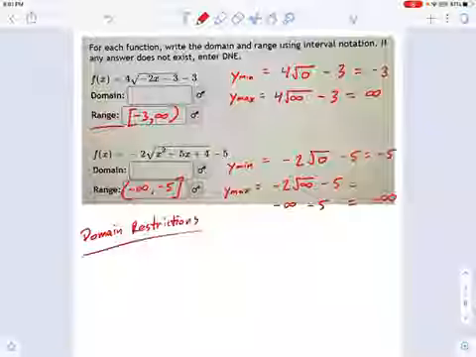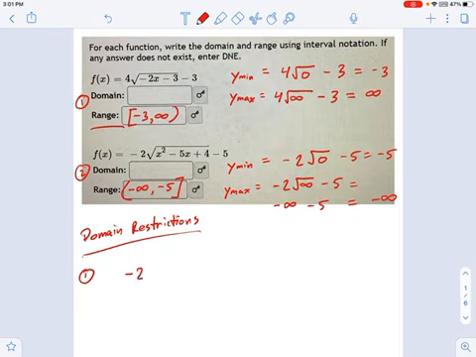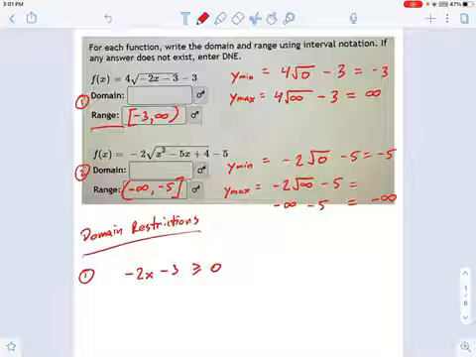And we'll talk about the first one first, number 1 up here. So with number 1, the domain restriction is that negative 2x minus 3 must be greater than or equal to 0. Think about why that is. Maybe pause the video, convince yourself this is true. The reason is you can't have this less than 0 or you're going to be square rooting a negative. That means you get imaginary numbers. And we're trying to avoid imaginaries. We're only looking for real numbers.